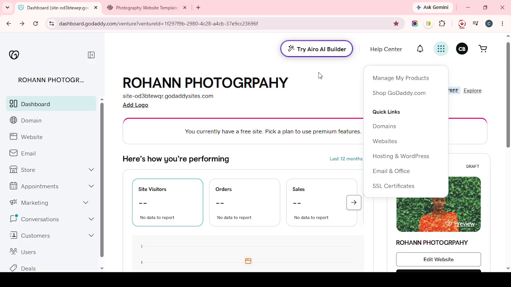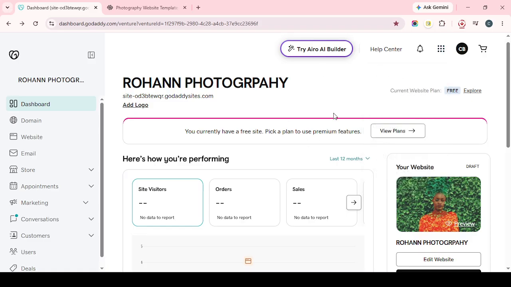After that, add the four A records from Squarespace. These should point to the following IP addresses: 198.185.159.144, 198.185.159.145, 198.49.23.144, and 198.49.23.145. These A records are what connect the root version of your domain, meaning the version without www, to your